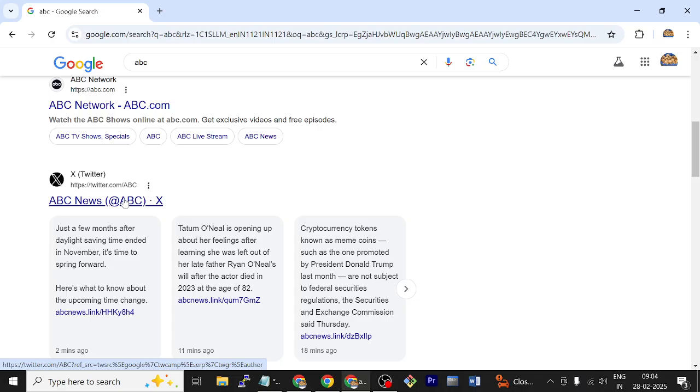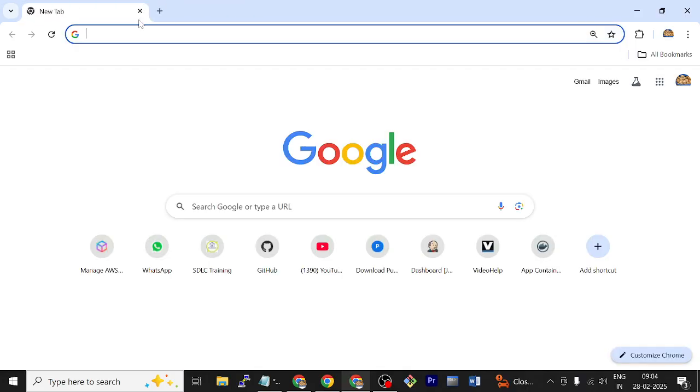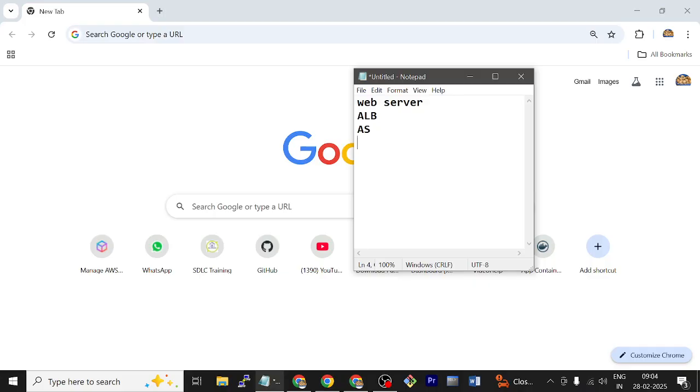So let's configure one web server, and then next our target is load balancer. See, your web server is running in a single machine. At any time it is down, so it is not available, right? So what is our target? We are going to launch our web server, that is web content, website content, in multiple machines. Okay, multiple machines. But if it is running on multiple machines, same website in 5 machines,